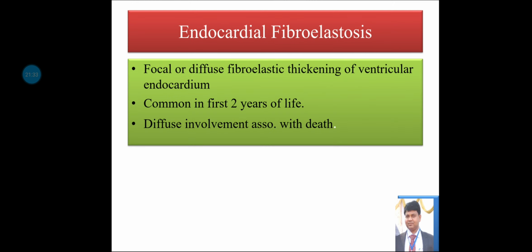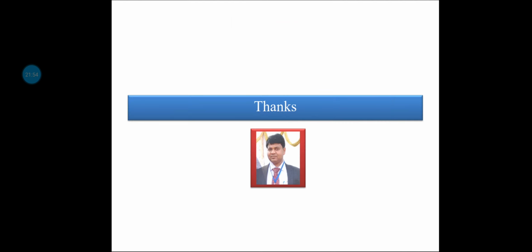Another special condition is endocardial fibroelastosis, in which there is focal or diffuse fibroelastic thickening of the ventricular endocardium. This is commonly seen in the first 2 years of life, and diffuse involvement of the ventricles can lead to the death of the person. So this is all about